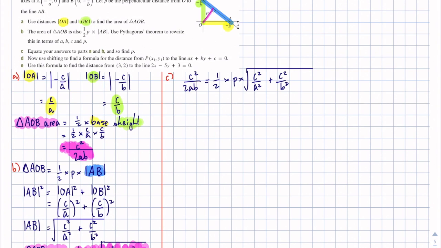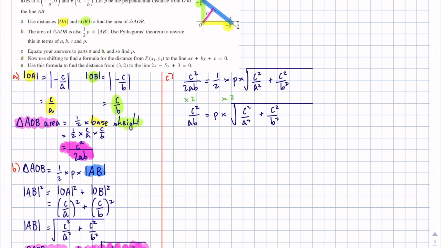This next one is not going to be very pretty. And it's not going to end up being a nice simplified answer. Yeah, the more I think about it, the less nice it's going to be. I'm going to times both answers by 2 to get rid of those things. I just hate that half on the right. So that's C squared over AB equals P times the square root of this monstrosity, C squared over A squared plus C squared over B squared,